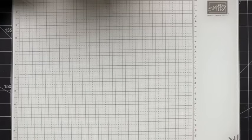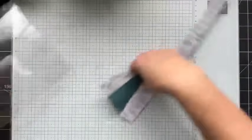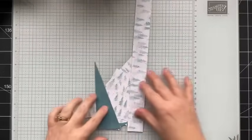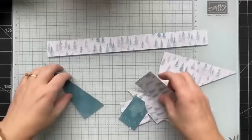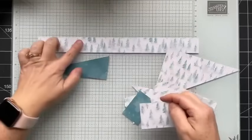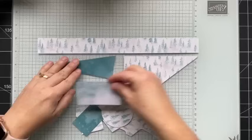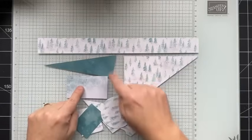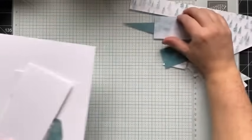All right, so for our first card, let me think here. So this is the Winter Meadow paper pack. I went through and pulled out a bunch of scraps of the patterns that coordinate. So this one, which is my favorite pattern paper, this is all I have left. And then the back side of that one works as well. So these three patterns work really well together. So what I did, I'm going to slide these out of the way,